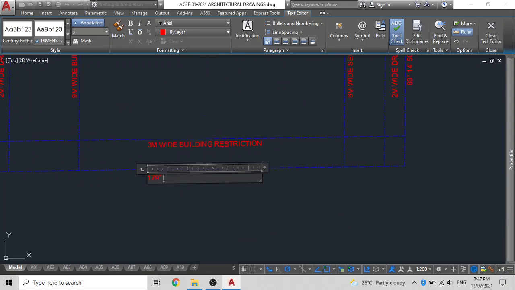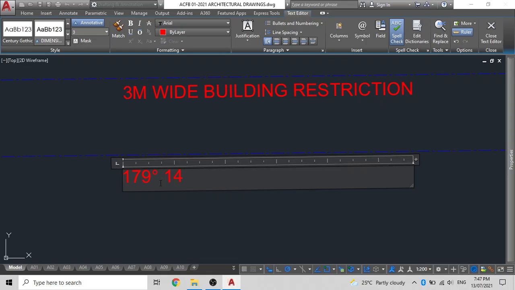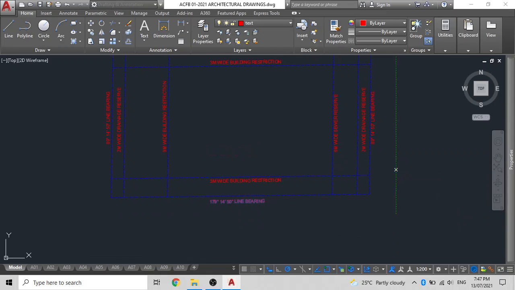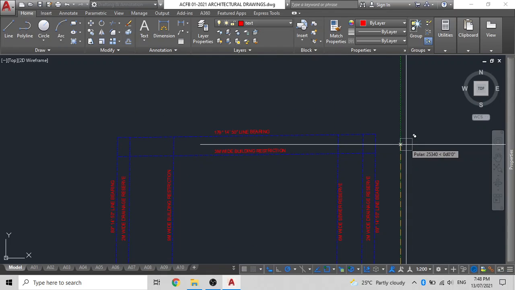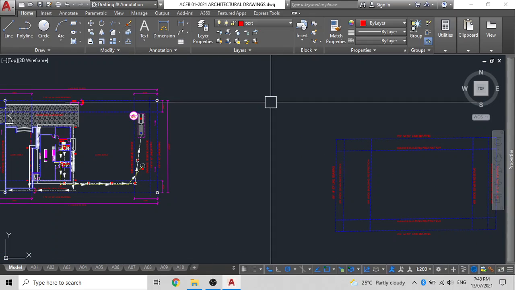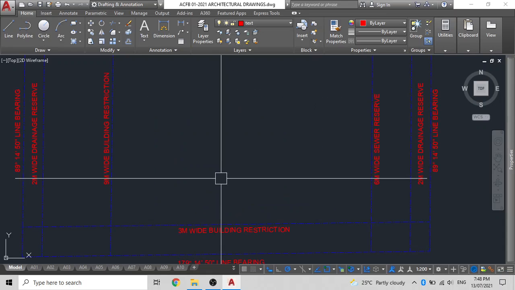Then you get 14 minutes. Now the minute sign is very simple, 14. It should be right beside the enter key. Press it once. Then 50 seconds, shift, then right beside the enter key, press enter. Or you don't have to press enter actually. Then you can write here line bearing, or you can say line angle. For this case I'll say line bearing. Then you can copy this and paste it over here, and then you can say that the angle is the same, so you don't have to worry about anything else.